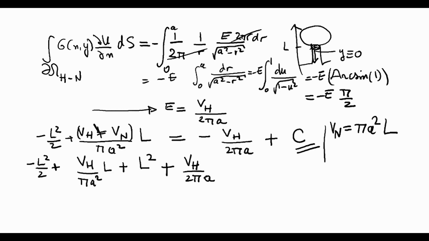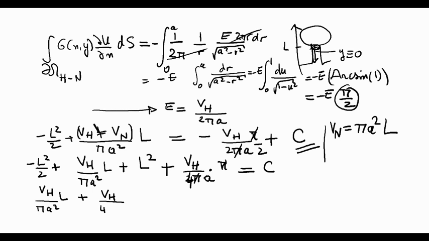And I think we forgot here to multiply by pi over 2, which is coming from here. So this has to be multiplied here by pi over 2. So pi and pi go away, and we're left with V_H over 4a, and this is equal to the constant c. So finally we get that V_H divided by pi a squared L plus V_head divided by 4a plus L squared divided by 2